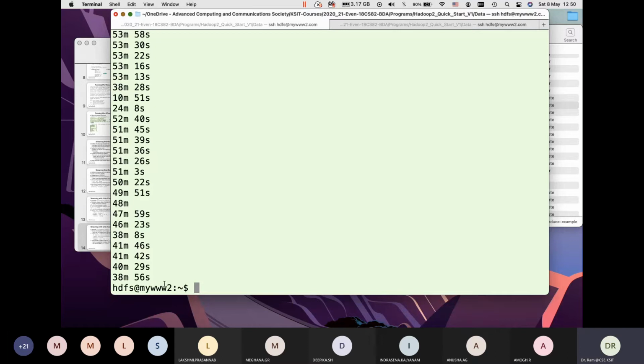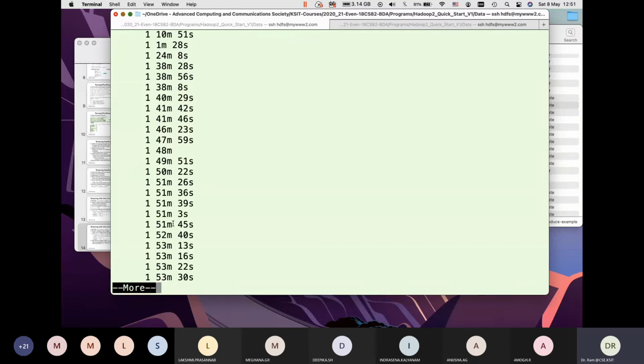Now I can run a small file locally, but assuming I'm trying to do it for all the sessions, for all the colleges, all the universities, we're trying to find what is the most common session time the students basically follow. So if I were to run using basic Unix commands, I can do this, I can sort it and say uniq minus c, and then it will basically give me those times.